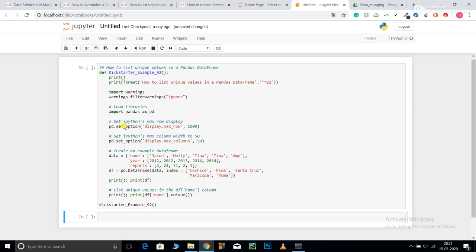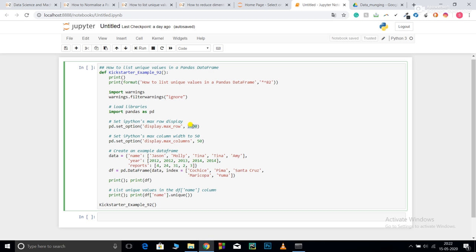I won't use that. This is not necessary for me, but it is here in this code. I'll also show you the set option. Many times there are many rows in your data frame, say 1000, but you only want a glimpse of 50 to 60 rows. In those cases, pd.set_option display.max_rows 1000 takes the parameter of the number of rows, and this is the function that does the work. So this will display the maximum number of rows to be 1000.